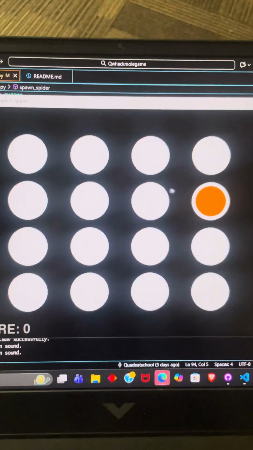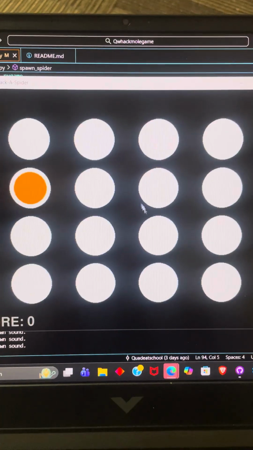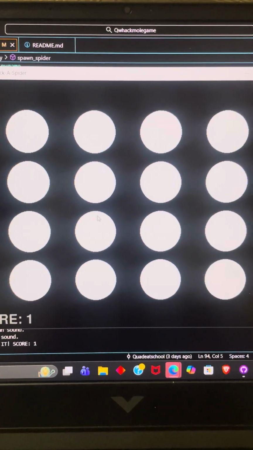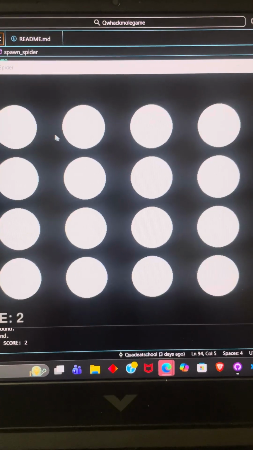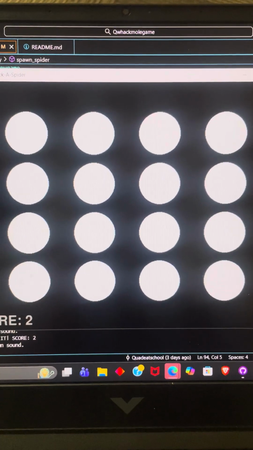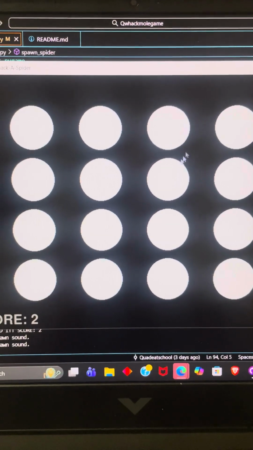I made a little Halloween theme because I'm making this during Halloween time. Or I made it during Halloween time, a little bit after now. It has some sound effects, but it's just a normal whack-a-mole type game. Anyway,